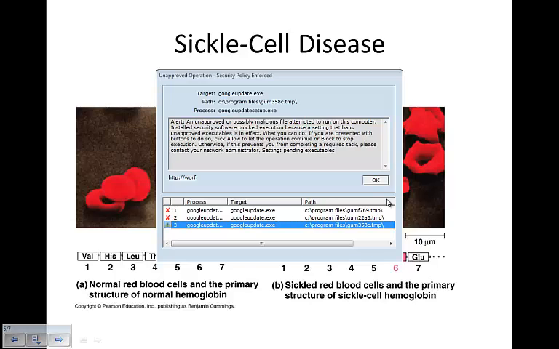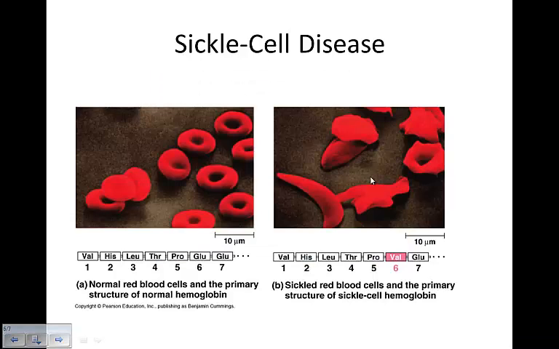Sickle cell. Oh my goodness, what happened here? Let's get that off. Okay, sickle cell anemia, sickle cell disease, most common among African Americans, affects 1 in 400 births, and the 6th amino acid in the hemoglobin molecule is changed in the primary sequence to make the red blood cell. Basically, this